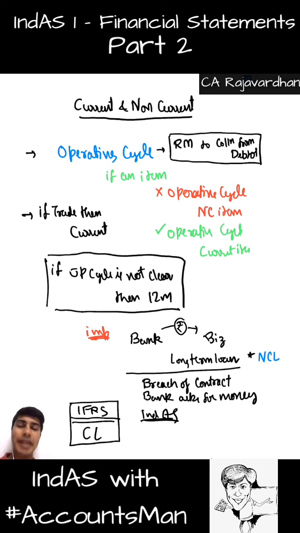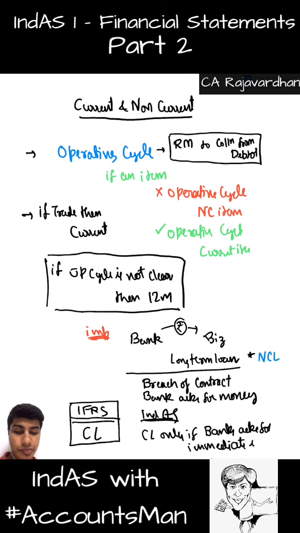So whenever the breach is made good or can be made good, or the bank waives off the breach and says that you pay it long term, we will still be calling it what? Non-current only. So when will we call it current? Current liability only if the bank asks for immediate settlement. Imagine the bank has sent us the notice. Will that be considered a current liability? No. We still have an appeal to make. If we think the breach will be made good, it will still not be considered a current liability.